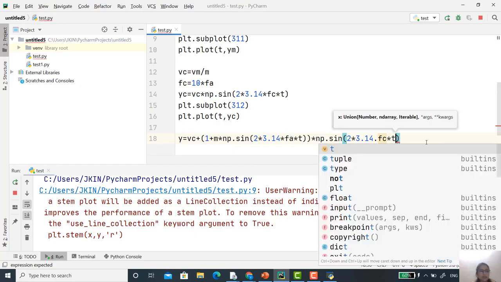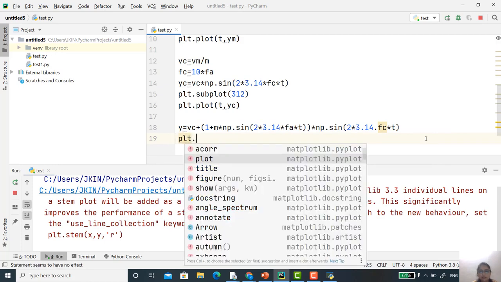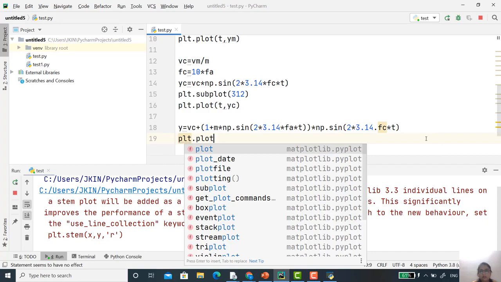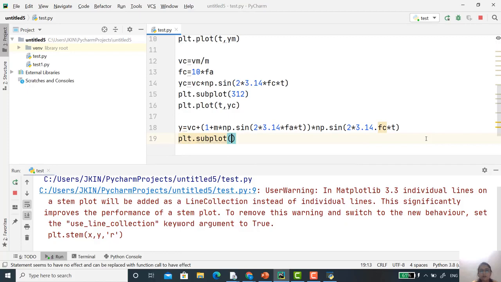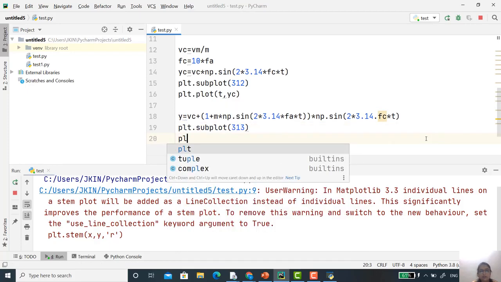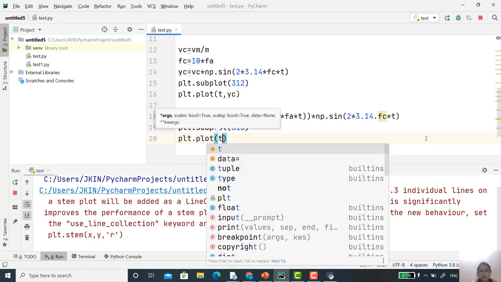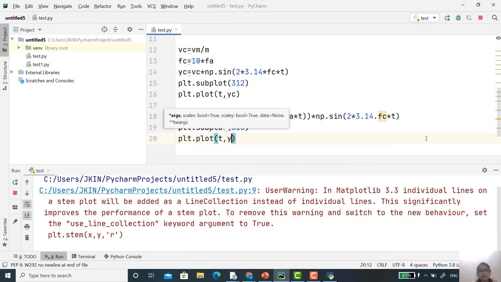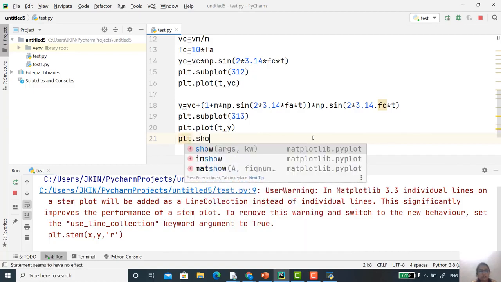This is the y-axis. Now simply I want to plot, so it's subplot, and the number is 313, and your graph, that is plt.plot, consists of t and your final y. And then the final command is plt.show.